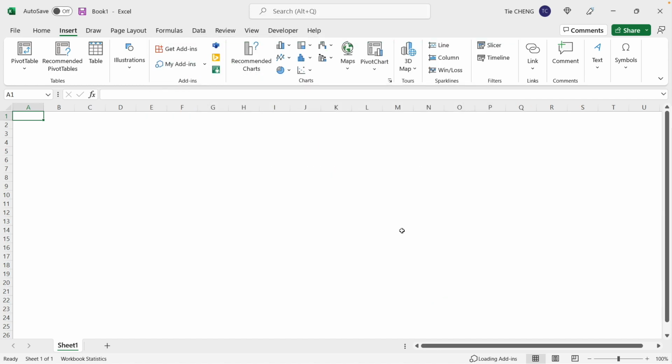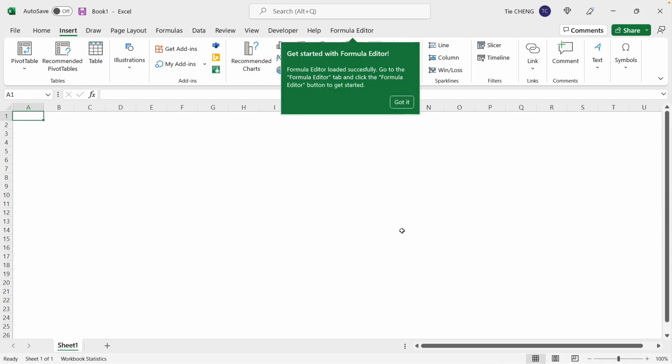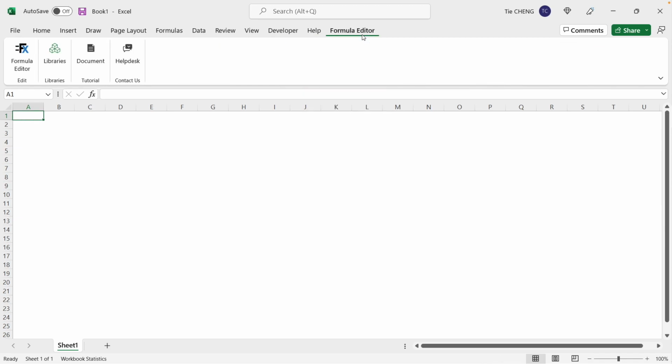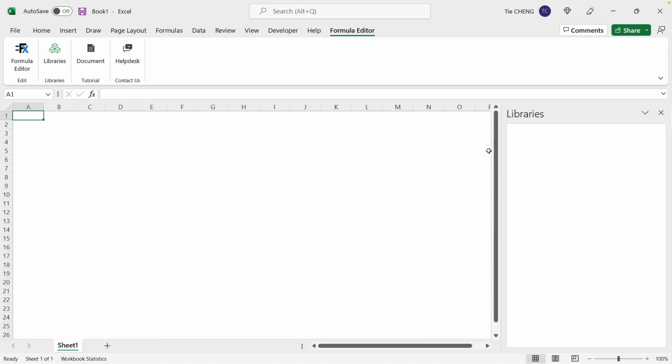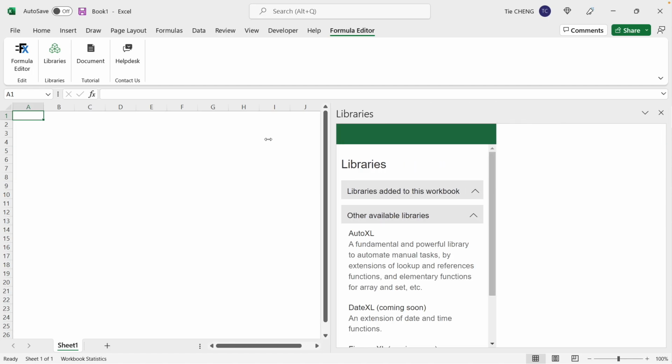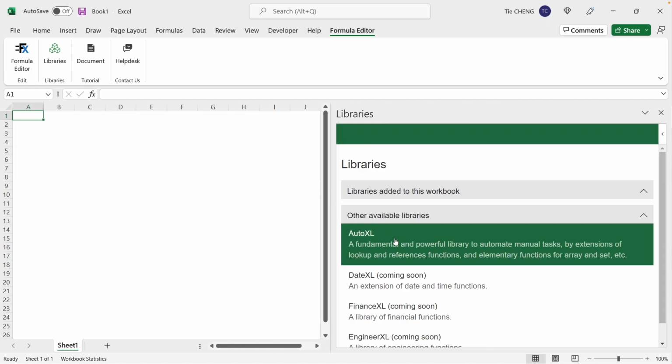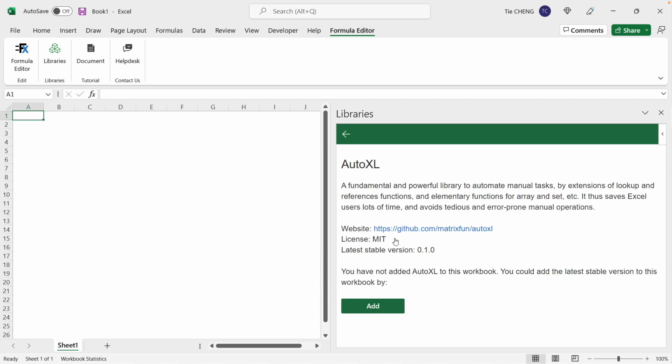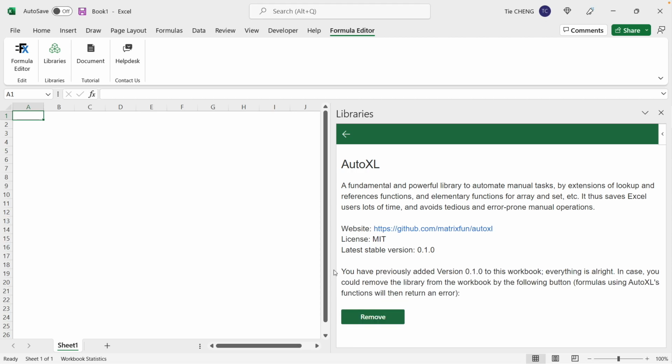Continue. Then you will see a menu Formula Editor appears. Click on the button Libraries. In the task pane, select AutoExcel. Then you will see the page for the AutoExcel library. Click on Add. Now the functions are added.